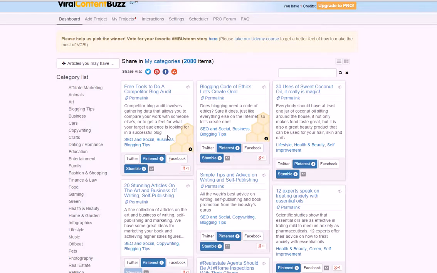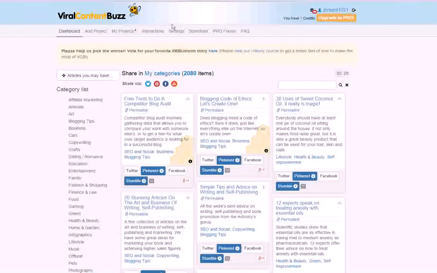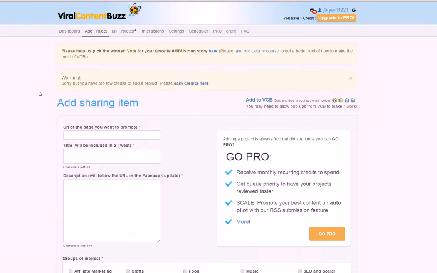But with Viral Content Buzz, you just go make a free account. You are on the dashboard here, as you can see in the menu, and you go here and you start sharing people's stuff. Then you accumulate points and you add a project. Okay, and once you add a project, here's what this looks like.